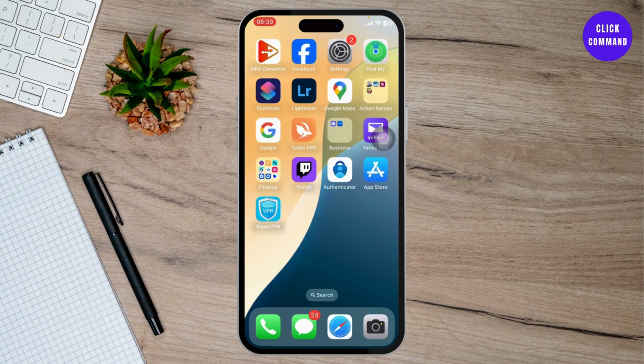In today's video, I'll teach you guys how you can unhide apps on iPhone. This is strictly for iOS 18 plus users. So first, if you want to hide an app in your iPhone after the iOS update to 18,